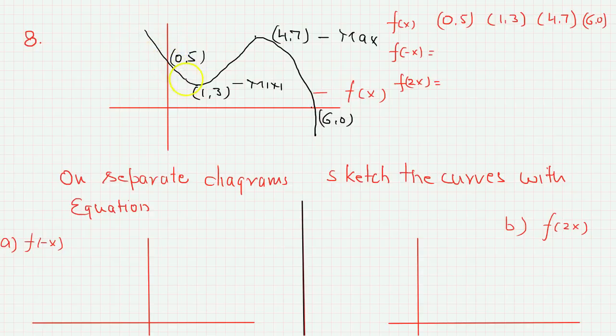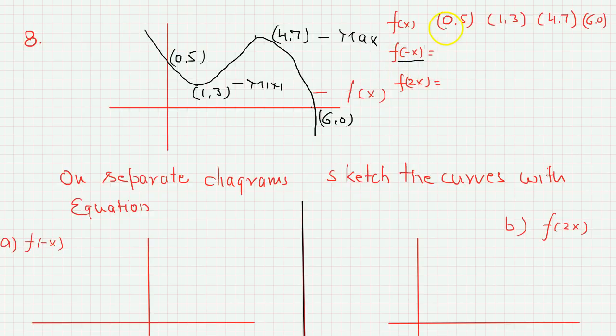The curve passes through (0, 5), (1, 3), (4, 7) and (6, 0). (1, 3) and (4, 7) are the minimum and the maximum points. On a separate diagram, sketch the curve with the equation f(-x), and on another diagram sketch f(2x). Let's concentrate on the first one,